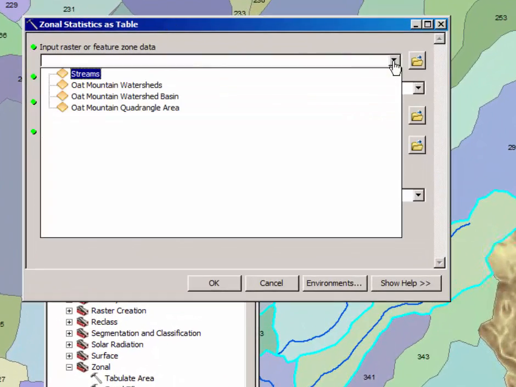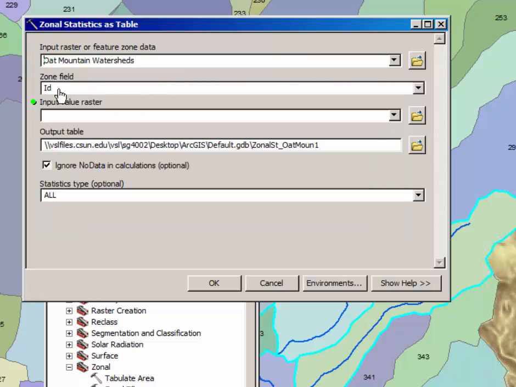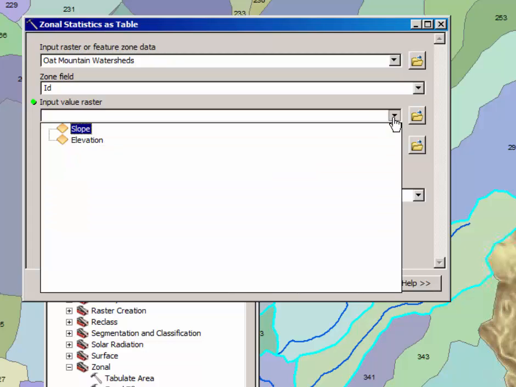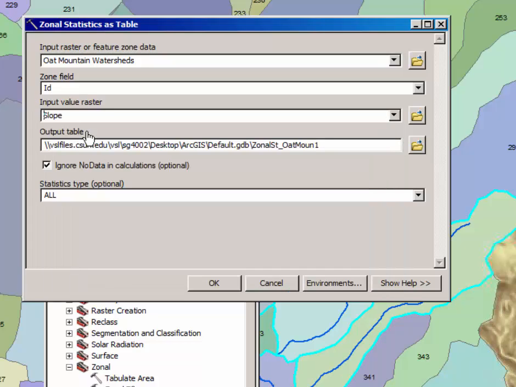When the Zonal Statistics as Table dialog window appears, select Oat Mountain watersheds as the feature zone data. The zone ID field should be left as ID, and the input raster is slope. What this tool is going to do is calculate the average slope, so we need to select mean,